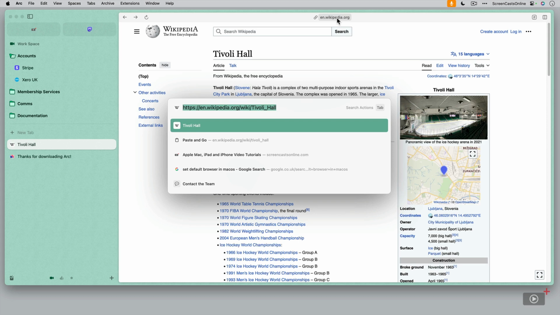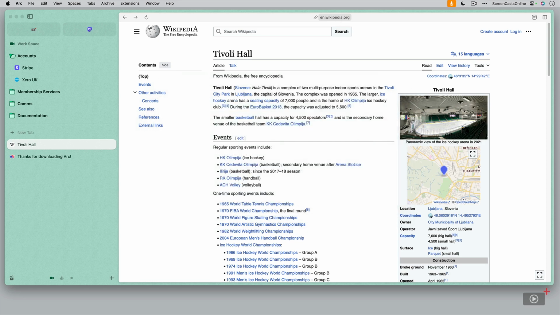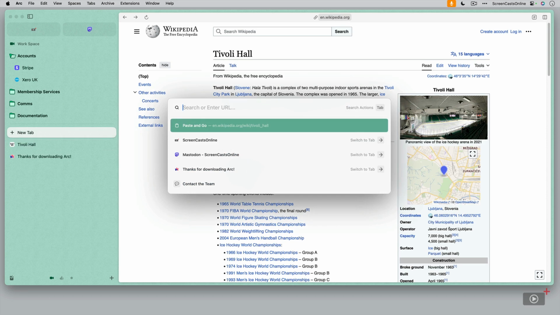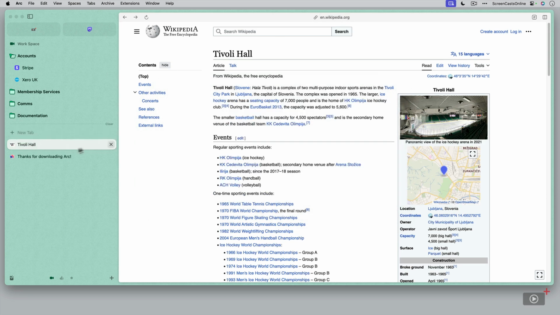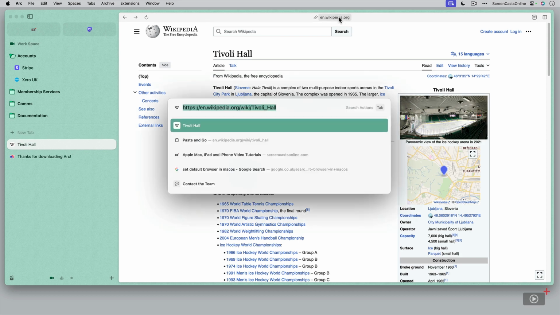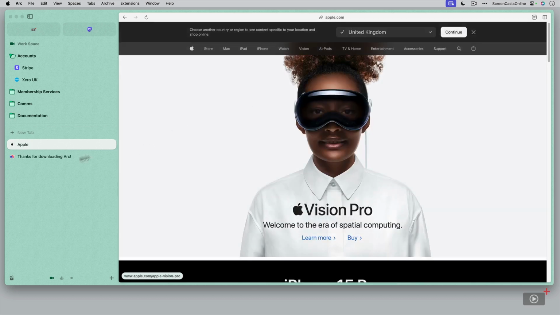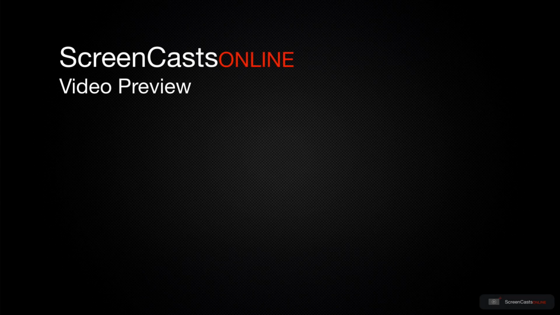Now, this is slightly different. If you do a Command T, that will actually create a new tab. It will open the same panel up, but you'll see, in fact, let me do that. If I do a Command T, you'll see we get this new tab here. Whereas if I go back to the Tivoli Hall, let me just hit Escape and click on here. You'll see it doesn't actually open a new tab. So it will open a new URL within this tab. So let's just type in something else. There we go. So that tab has now jumped to Apple. That's just a quick preview of one of